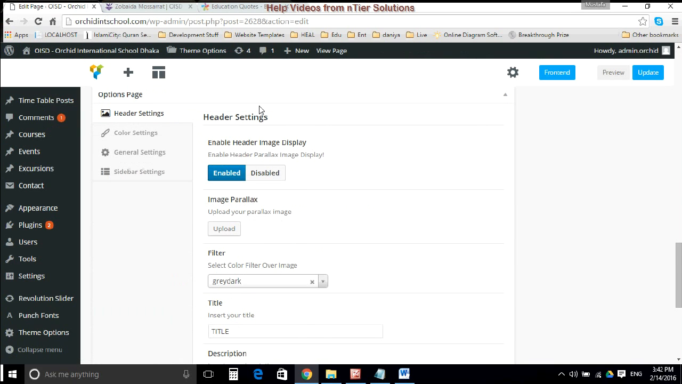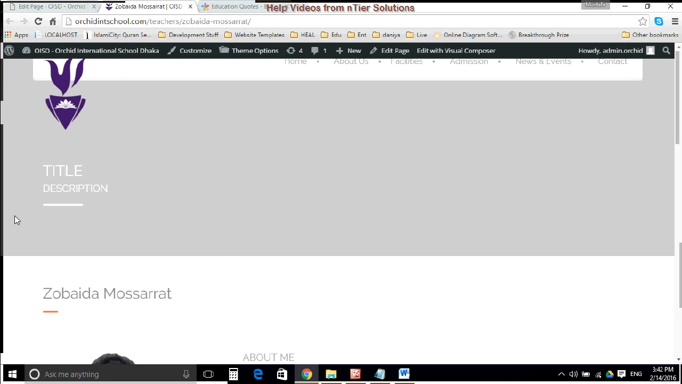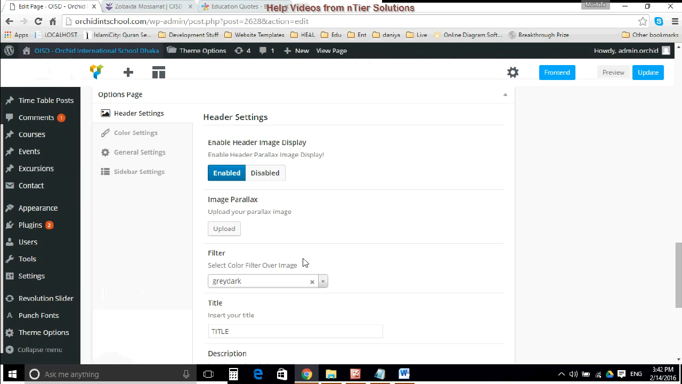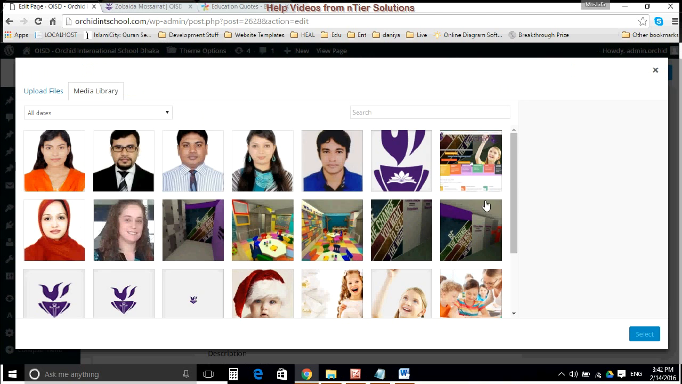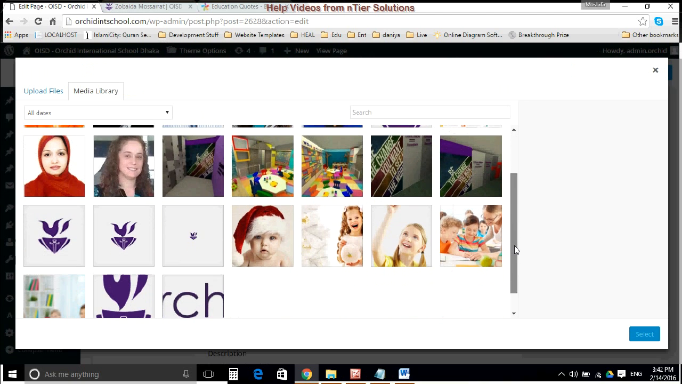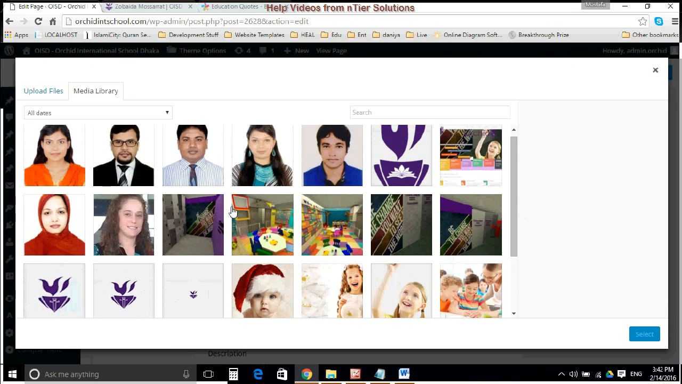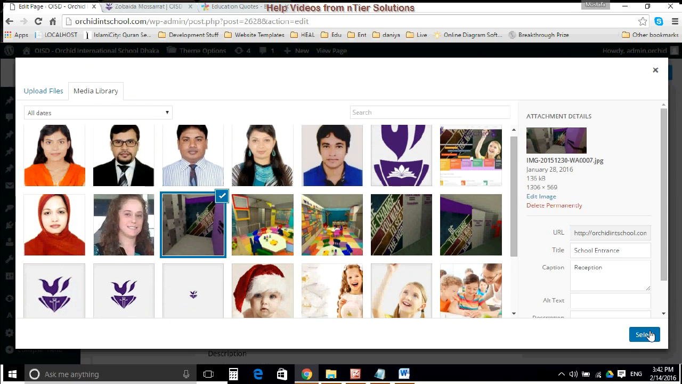Here there is this header setting at the lower end of this editing page, and it's enabled, and use image parallax. So basically this image parallax is the background image that will be loaded in this area. So let us upload an image. You can select from any existing image, or you can upload a new image from your hard drive. Let us select one of the existing images,